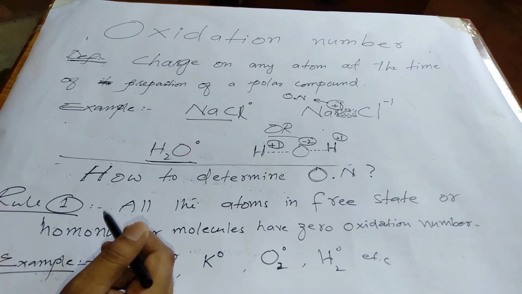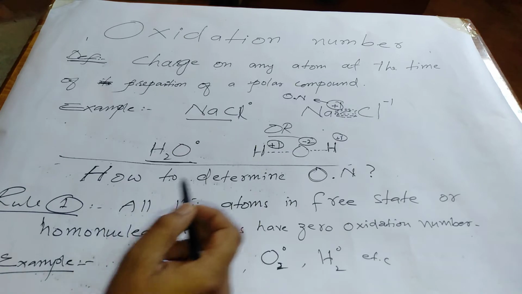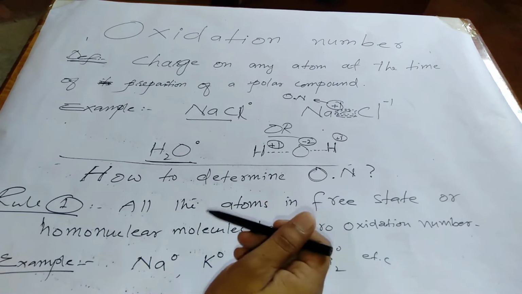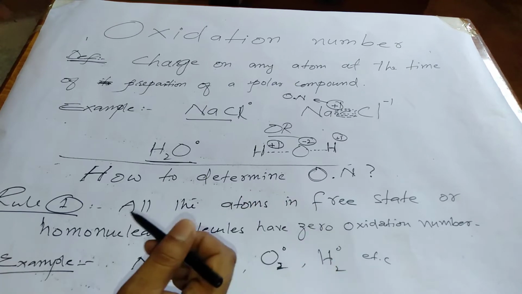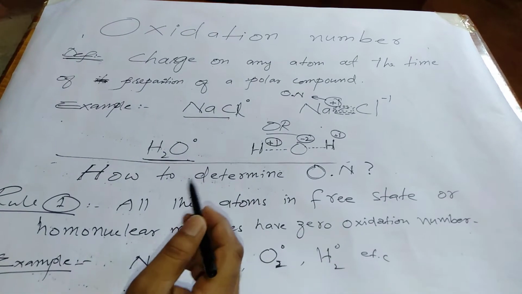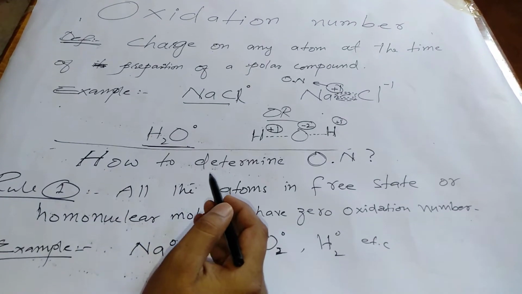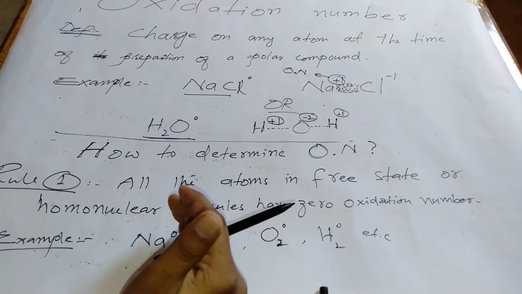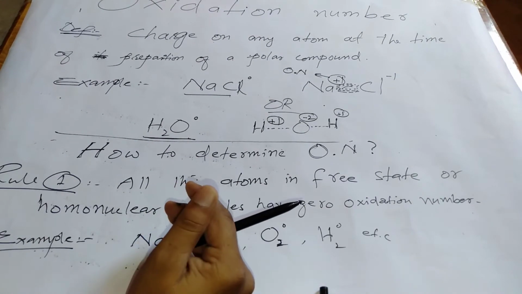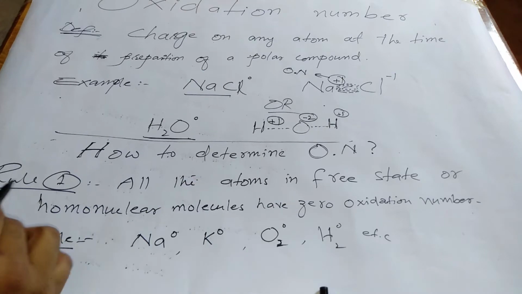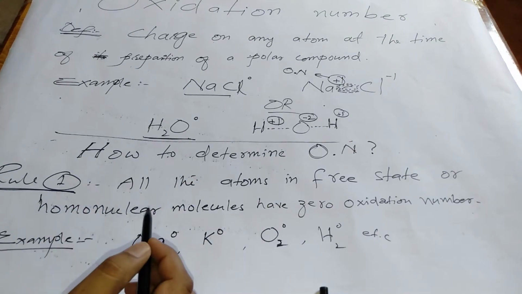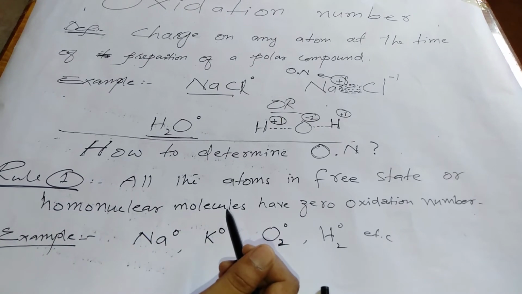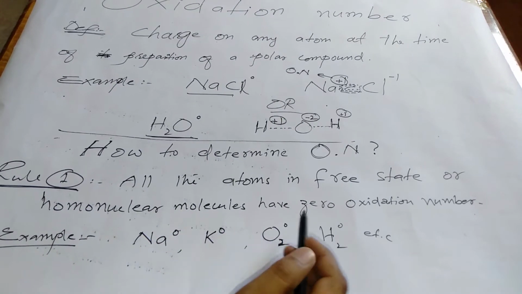Okay, after that we will learn how to determine the oxidation number of any atom in any compound. That is to say, how can we know what the oxidation number of any atom in a compound is? To find that out, we have certain rules that we have to follow. Rule number 1: all the atoms in free state or homonuclear molecules have zero oxidation